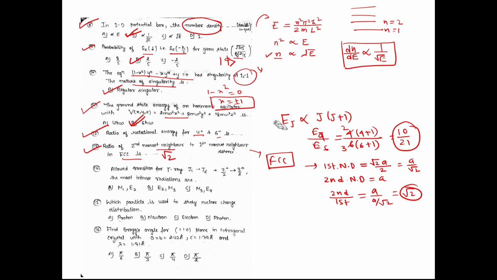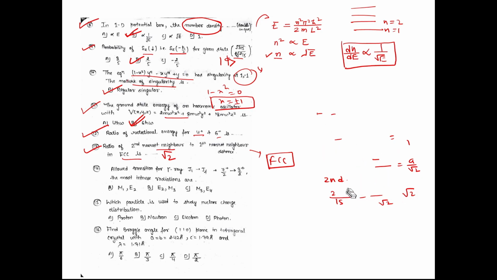Okay, next question is the allowed transition for the gamma ray. So for gamma decay, what will be the allowed transition? J initial is given and J final is given. Here J initial is 7/2, and the parity is even, the plus sign is there,